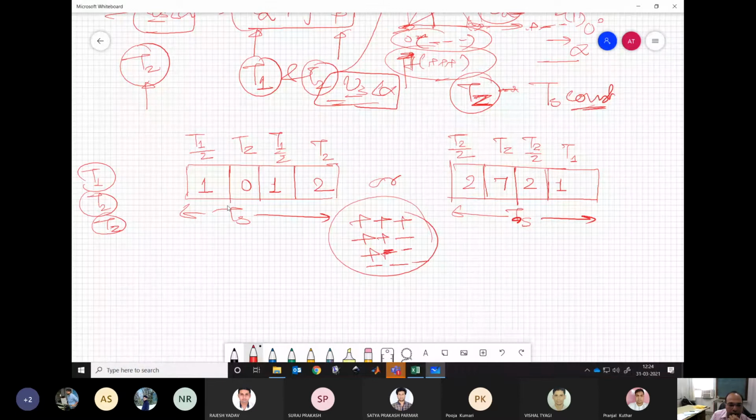So what is happening here? We are applying this vector 1, then we are going to 0, then we are applying again vector 1 and then vector 2. So no problem. Here also we have plus plus minus, plus plus plus, plus plus minus, plus minus minus. No problem in this, right?